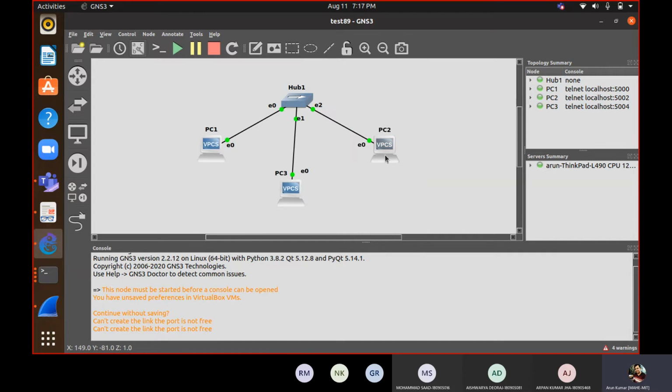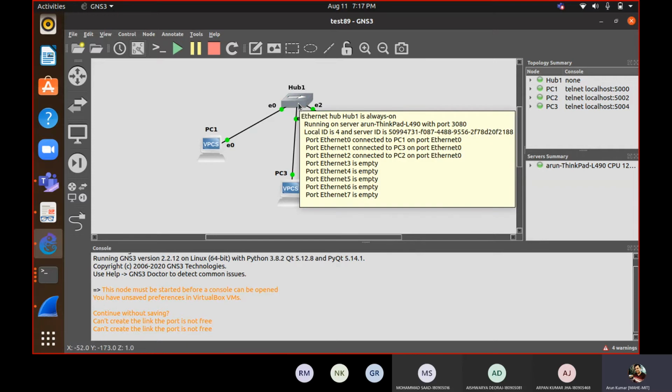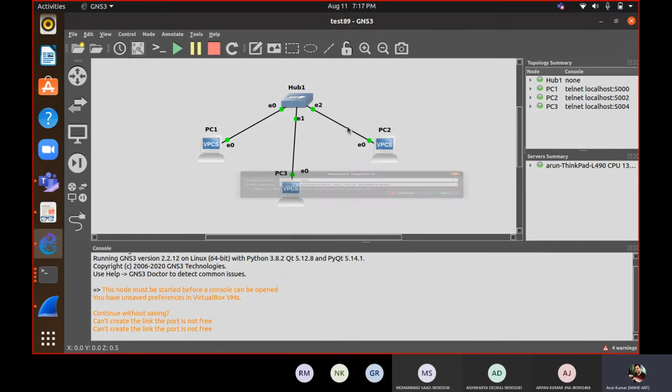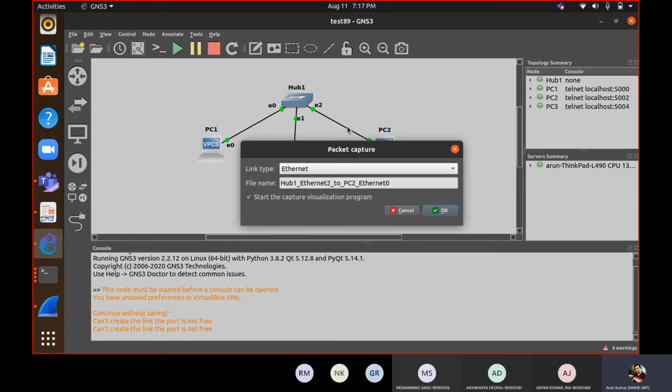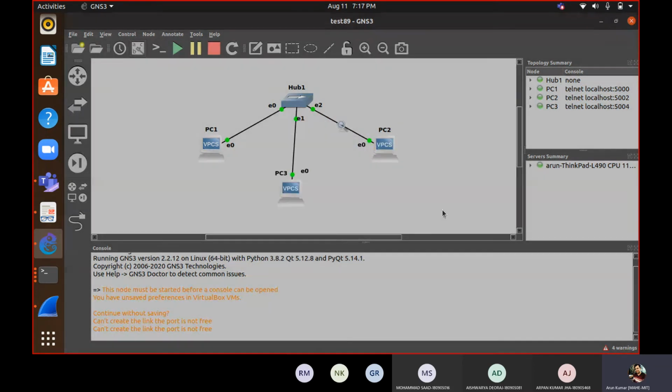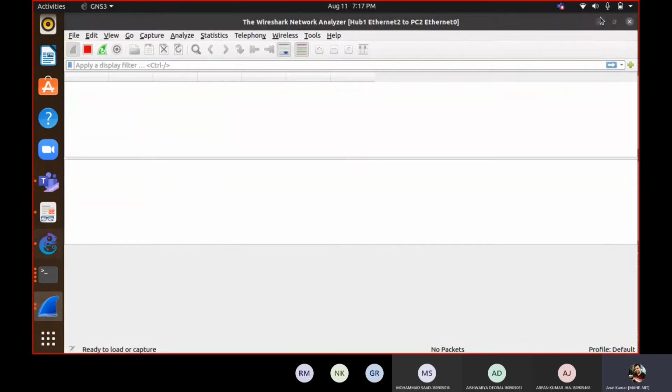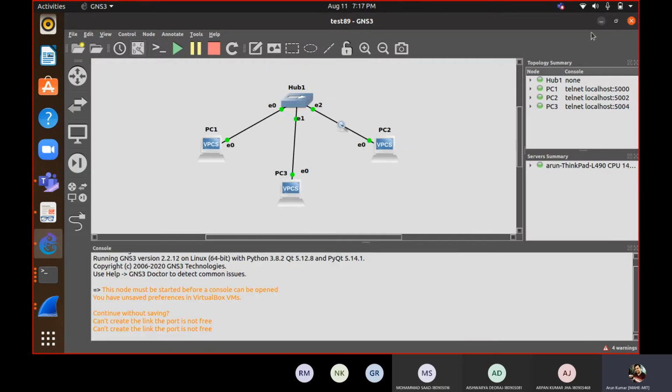Whether PC2 can listen to the communication which is going on from PC3 to PC1, or what will happen, what is the scenario if we are using a hub. So we will start capture on this link from hub to PC2, we will start capturing the packets.